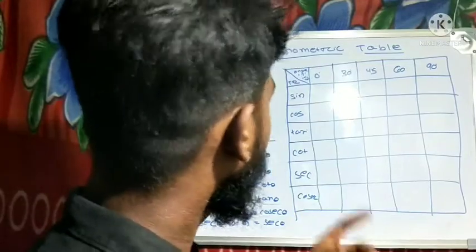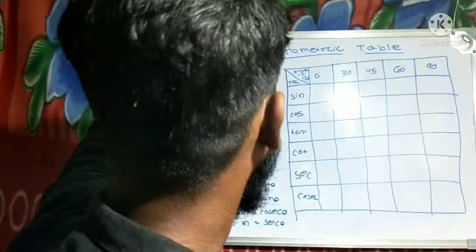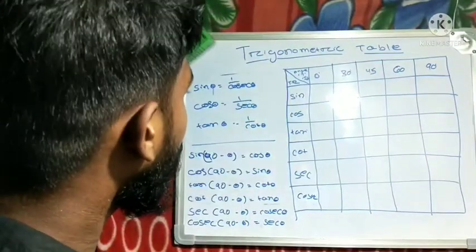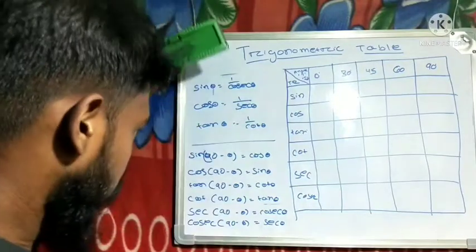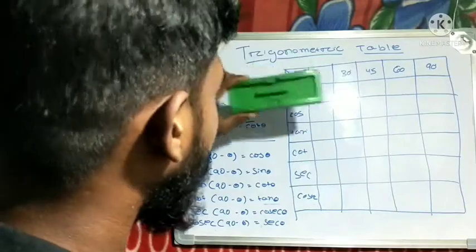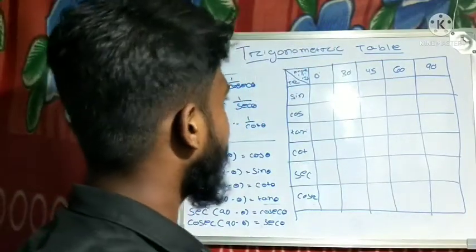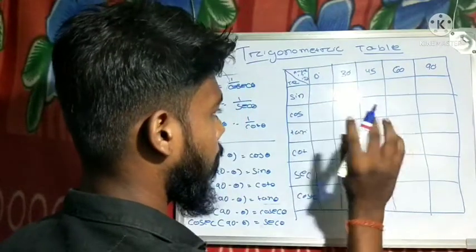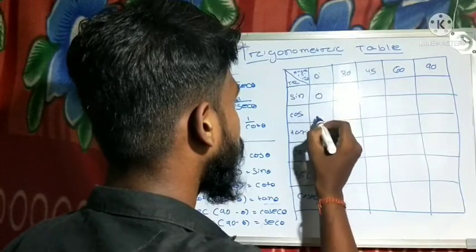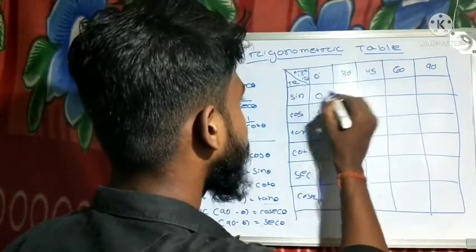I told you previously that you can remember this table in 2 minutes. See here how it will happen. This is the basic fundamental behind it, but you don't have to remember all of it. If you want to, you can for mathematical calculation, but it is not required in that chapter. Only this is required. We know sine, you have to remember these 9 values finally, then you can do anything. Sine 0 is 0, cos 0 is 1, and tan 0 is 0.